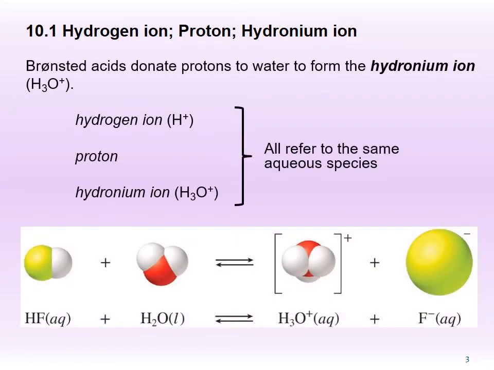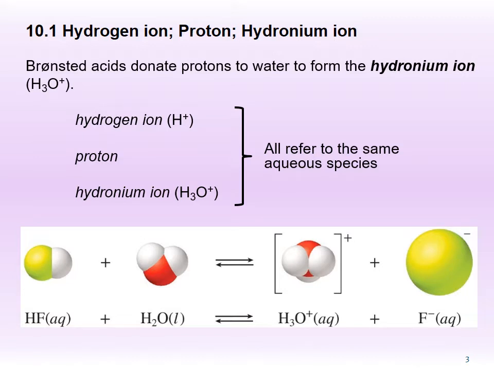Bronsted acids donate protons to water to form the hydronium ion H3O+. The hydrogen ion H+, proton, and hydronium ion H3O+ all refer to the same aqueous species, that is, something dissolved in water. The example here shows the Bronsted acid HF donating its H+ to water to become fluoride ion. Water here is the Bronsted base as it accepts or receives the H+ from HF to become the hydronium ion